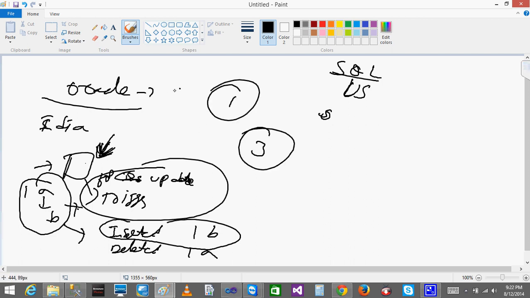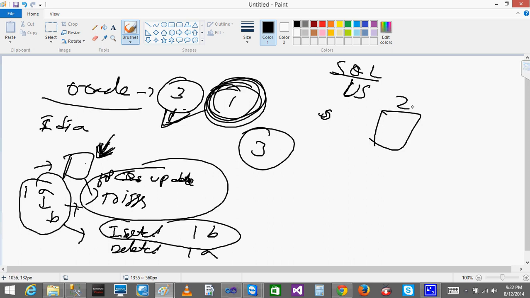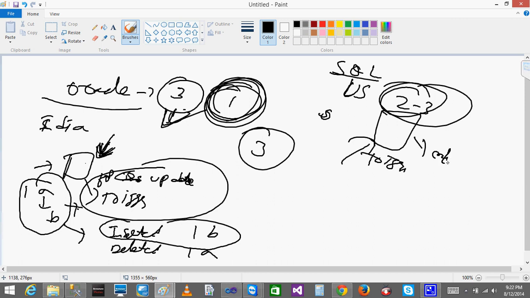If you are inserting millions of records, the trigger works record by record. For each record it is going to do everything. Because of that, the trigger will be very slow. You can use a trigger only when there are a few records, like a table with 2 to 3 records where the data is only rarely updated. In that scenario you can use a trigger, but not when you have millions of records. Using a trigger is not a suggestible way, because it is a performance issue.